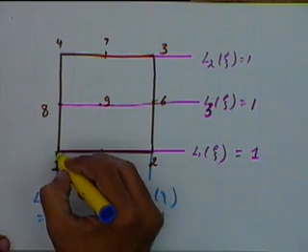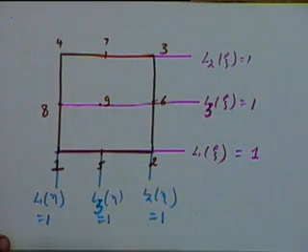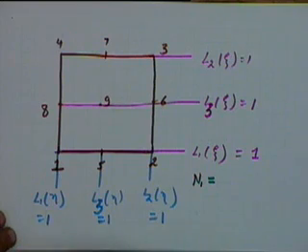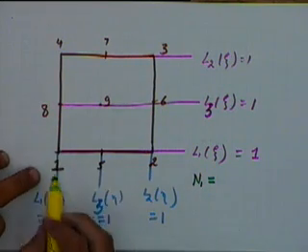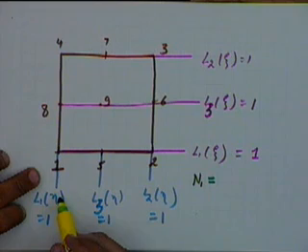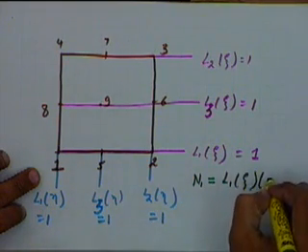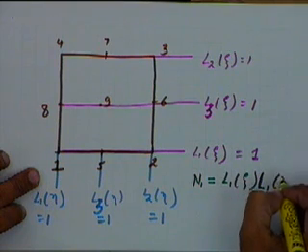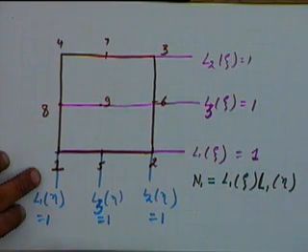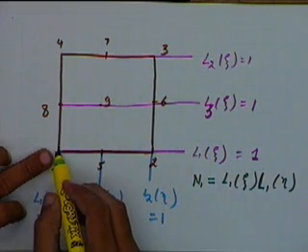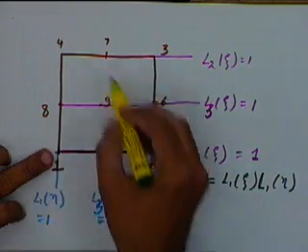Okay. Now the shape function for the point 1, which is n1, we will define n1 to be equal to the product of L1 of zeta and L1 of eta. So L1 of zeta multiplied by L1 of eta. This way I will ensure that n1 will be 1 at this point, and will be 0 at all the other points.